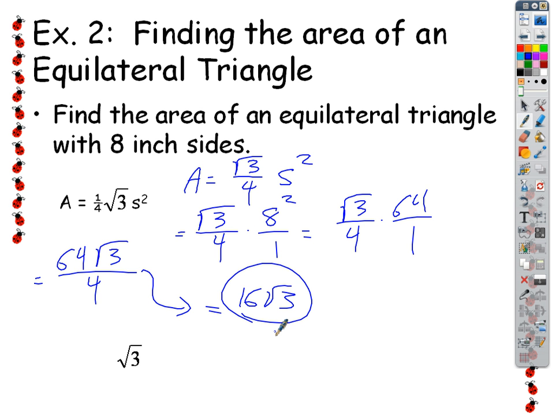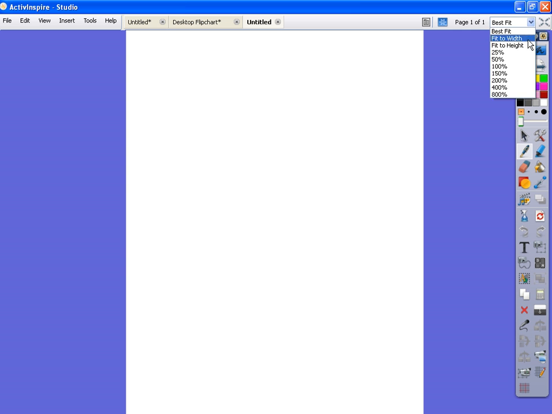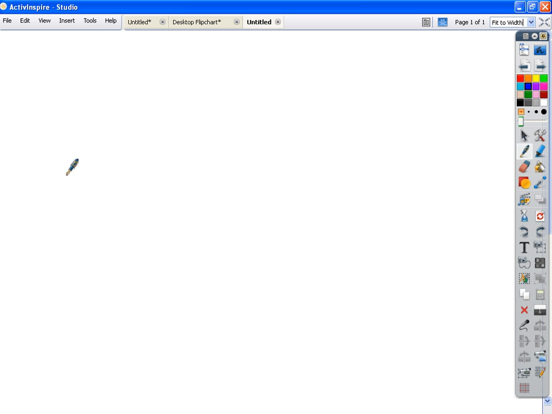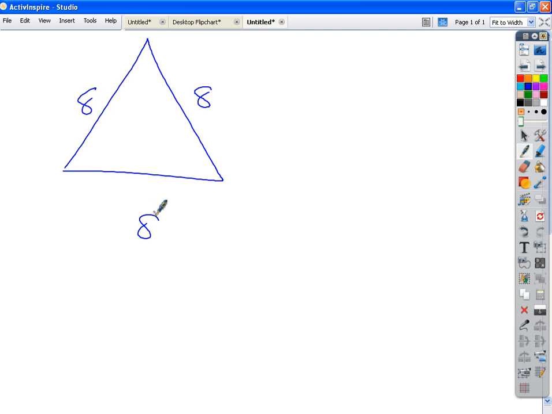Look at the alternative. Maybe you don't realize how good this is until you see what the alternative is. I'm not going to go through the whole process, but I'll let you see how much better this is. If my equilateral triangle had side length 8, and I wanted to use the old standby, 1/2 base times height, look what I would have had to do. I would have had to turn this into a right triangle, and this would have been 4, and that would have been 8, and I would have had to calculate the height with the Pythagorean theorem first,